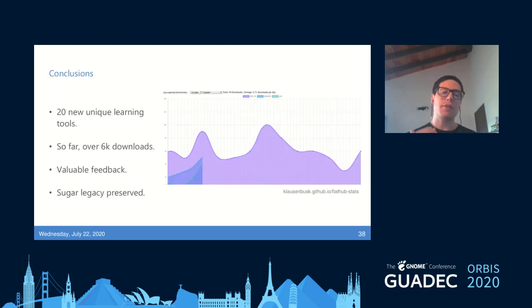So, conclusions: we have 20 new unique learning tools, and so far over 6K downloads. Of course, that doesn't mean there are 6K new users, but maybe something in between. I received a lot of valuable feedback from Flatpak maintainers, people from the community, and users, and it's been very, very useful. And on a personal note,